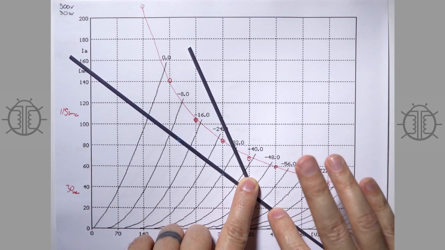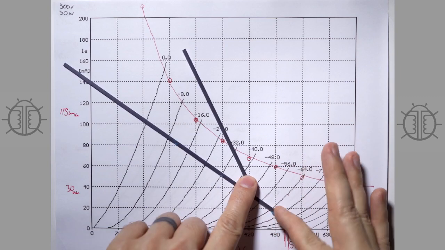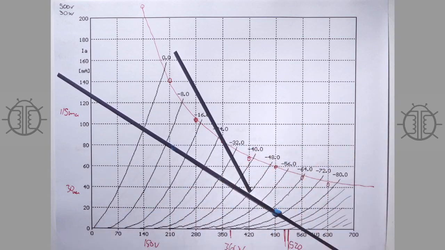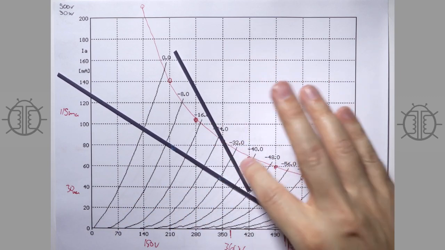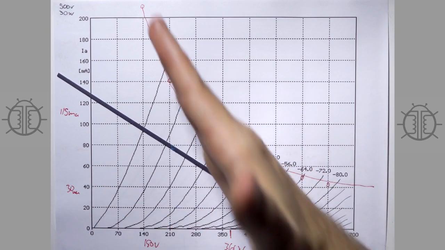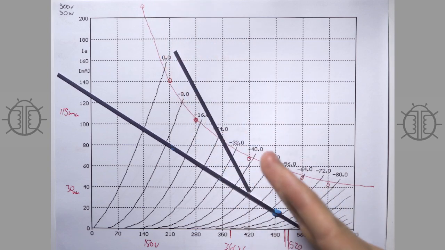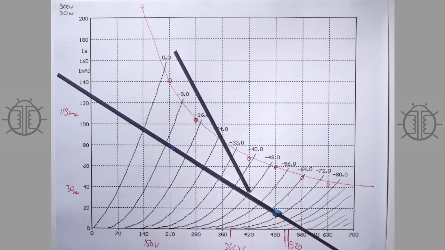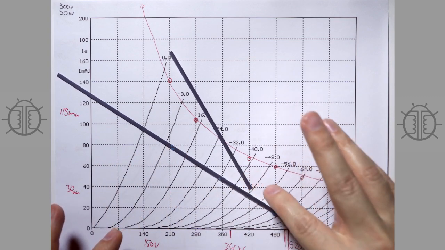And so you just have to keep this in mind when you're picking your output transformer and figuring out what's a good primary and what's a good operating point and bias point. It's okay to drift outside of the maximum dissipation if you're just doing it on average less than half of the time. And you can see why this ends up giving you a lot more power,